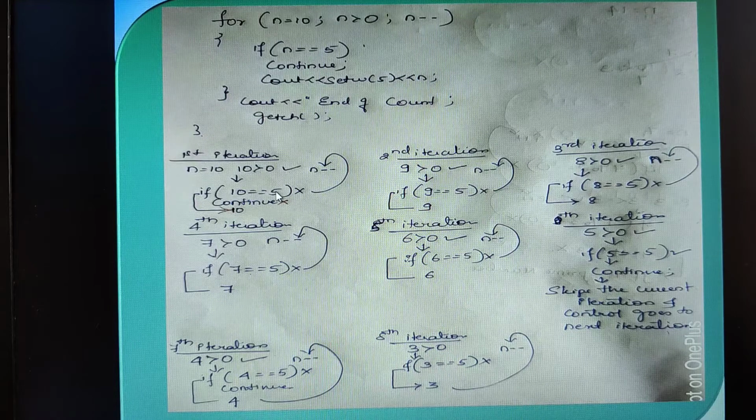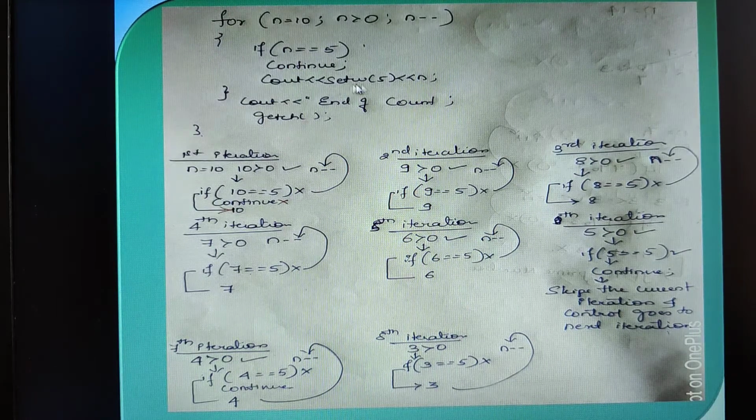Whether 10 is equal to 5, the condition is false. If this condition is false, the true part of this if condition, which is continue, will never execute. Actually in your program it is on the same line, but it is really a different line. So the true part of this if statement is continue. If the condition is not true, the true part will be skipped and control goes to the next statement. Remember this point. Understood? Now this condition is not satisfied, therefore continue will never execute and control jumps to the next statement.